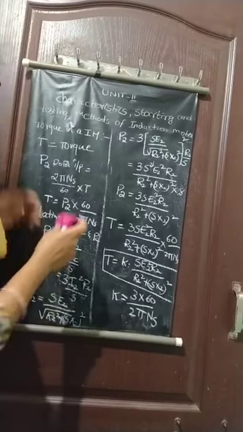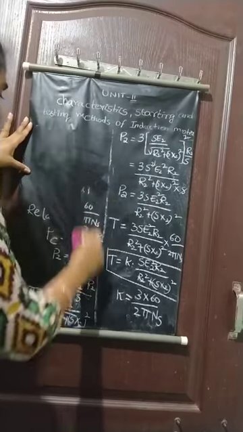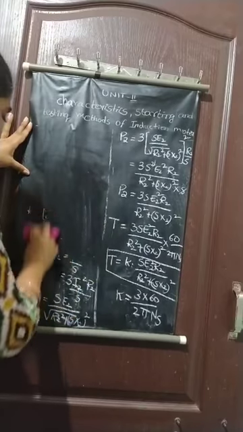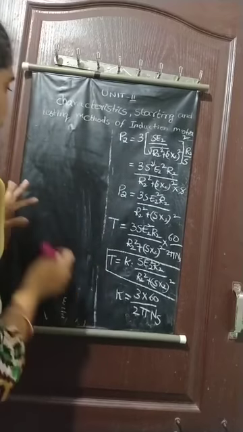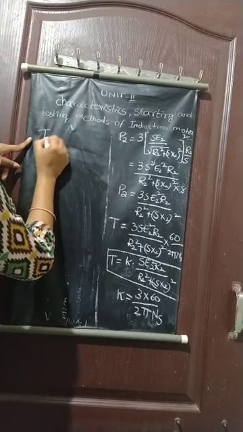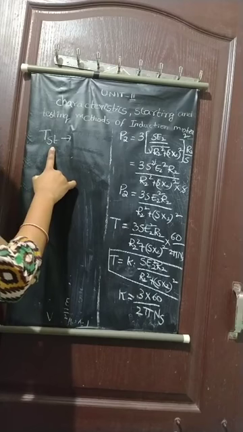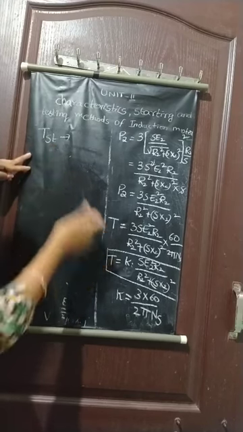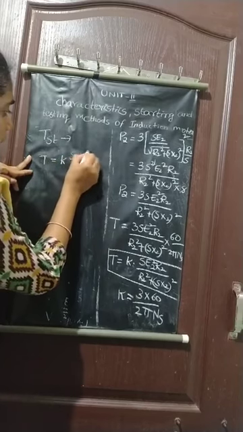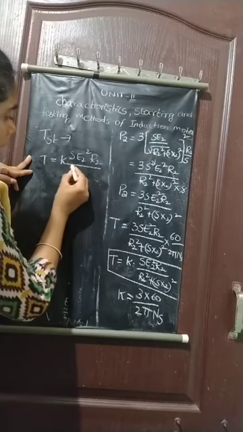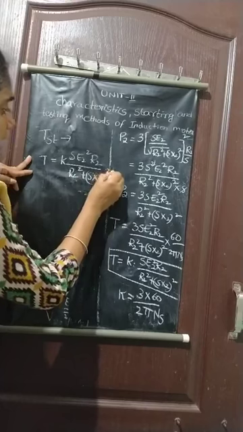Next is the starting torque. Starting torque means the torque in the starting condition in an induction motor. It is denoted by T starting, TST. The torque produced in the starting condition is called the starting torque. We already know the torque formula: torque is equal to K into S E2 square R2 by R2 square plus SX2 whole square. So this is the torque equation.